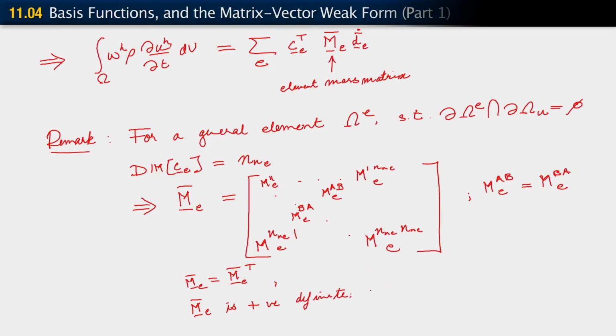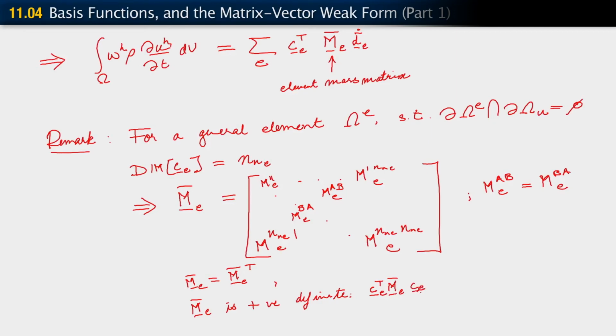It's true for M bar E as well, so M bar E is positive definite. What that means, as you would recall, is that if we took any vector and formed this product, C^E transpose M bar E C^E,